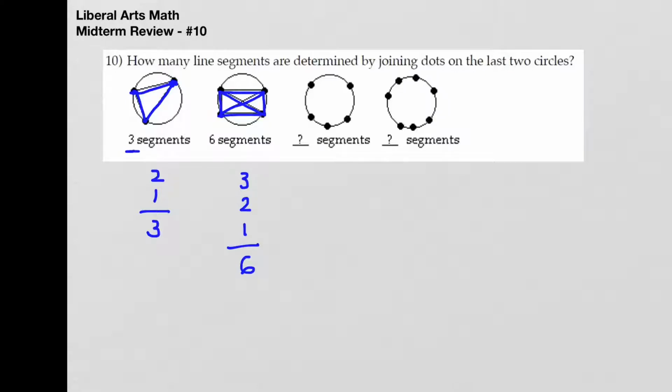So in our next figure, we've got 5 points. 1, 2, 3, 4, 5, 6, 7, 8, 9, 10. So this one gives me 10. And does that come from 4 plus 3 plus 2 plus 1? Yes, it does. So for the next one, where we have